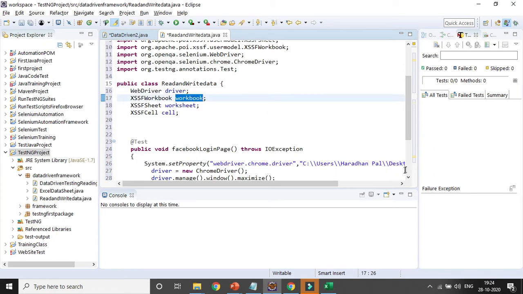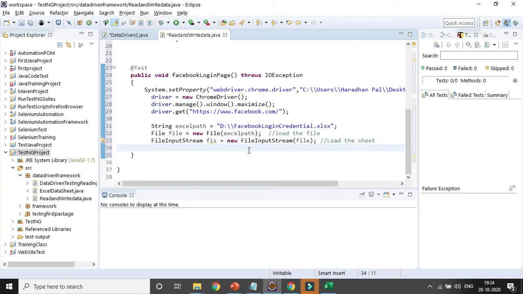I will create the variable workbook here, and workbook equal to new XSSFWorkbook, and here I will pass the FIS, the variable for the file input stream.